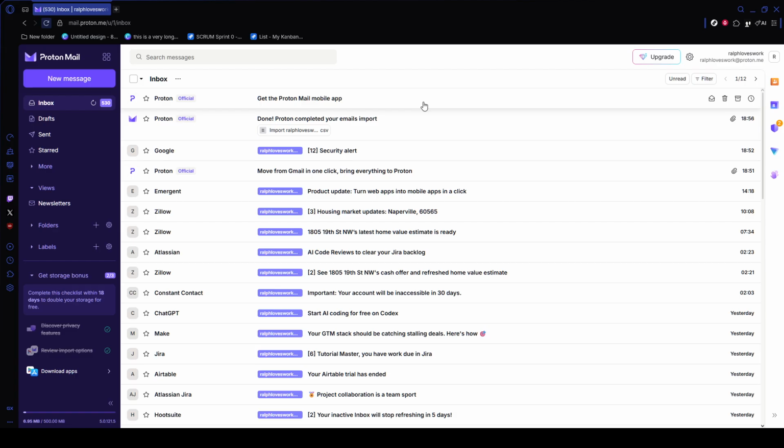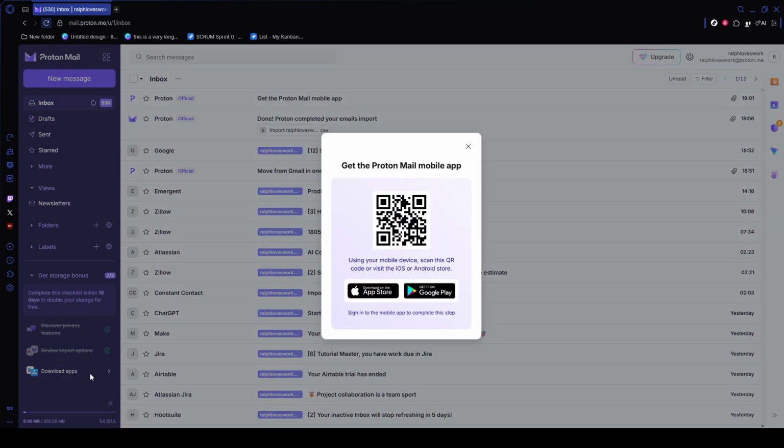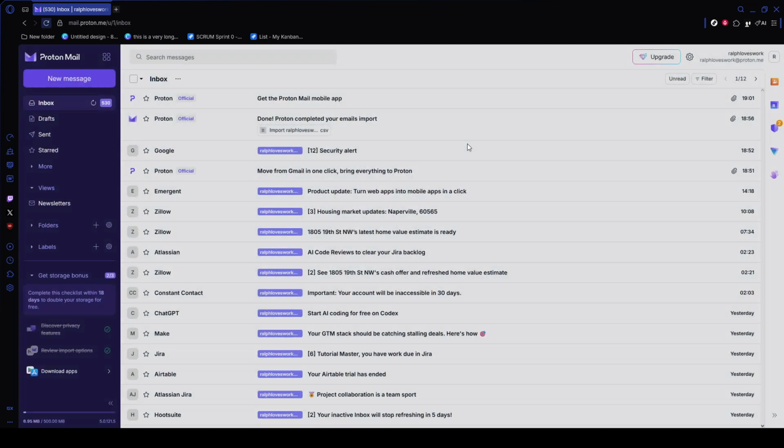If you prefer using your phone or tablet, you can access Protonmail through the official mobile app. Open your device's app store, search for Protonmail, and make sure you choose the official app published by Proton AG. Tap Get or Install, wait for the app to finish downloading, and then open it by tapping the Proton Mail icon. Inside the app, tap Sign In, enter your username and password, and then tap Sign In again to load